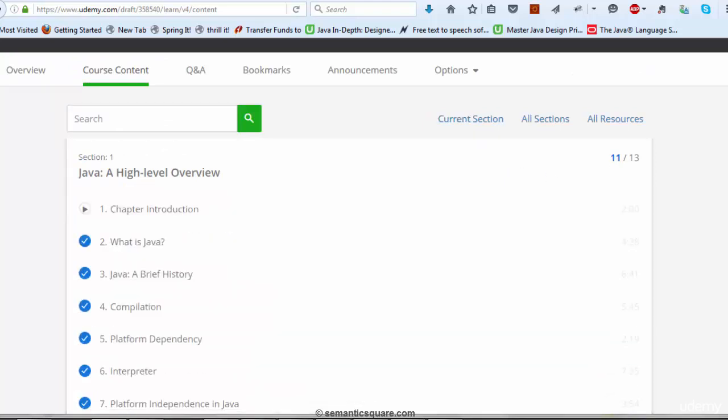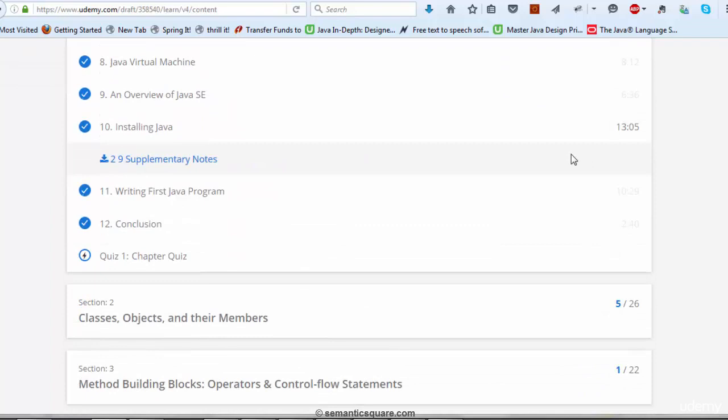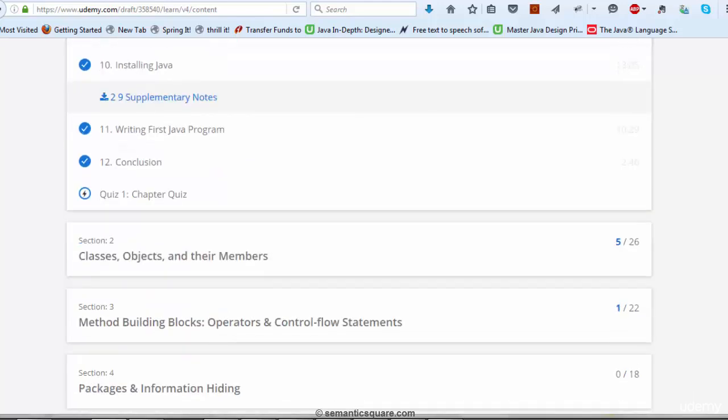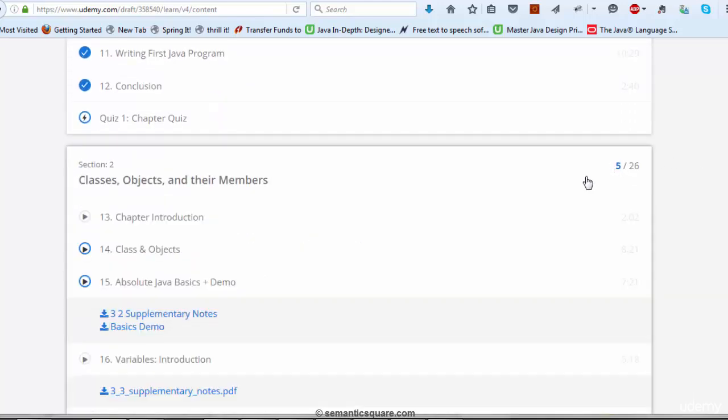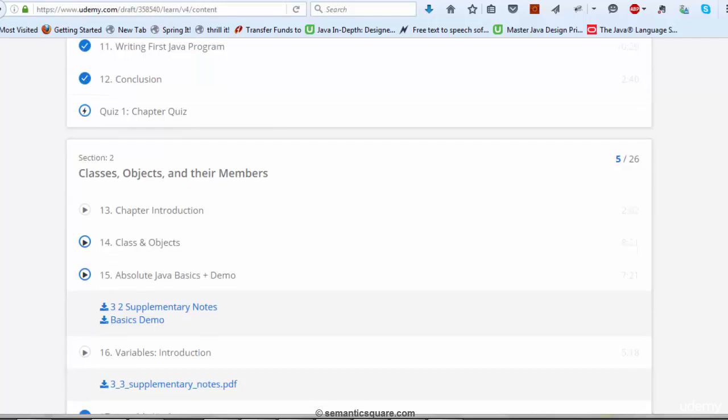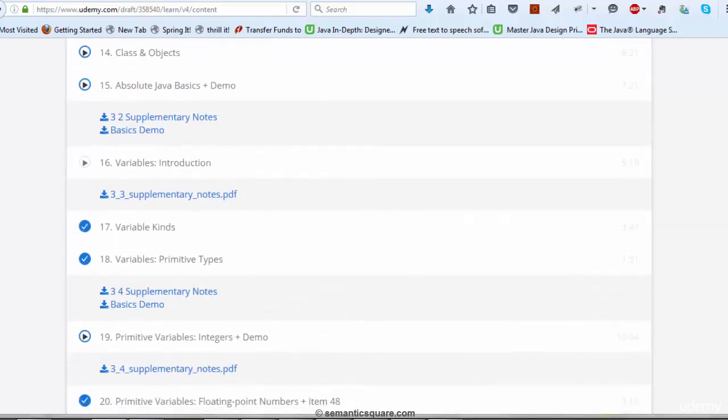And some of the lessons come with some additional resources. For instance, here, this particular lesson has some additional resources that come with it. In this case, it's some additional notes. So you can just download the notes and read them. Now, if a particular lecture has a demo, then the demo programs are also uploaded into the resources section. Okay, so the resources section is basically a section that comes with each lecture. And if there are some additional notes or additional programs, then they are uploaded into the resources section of that